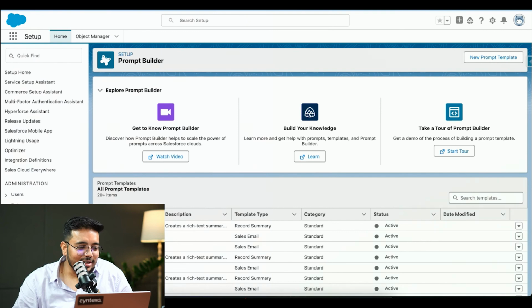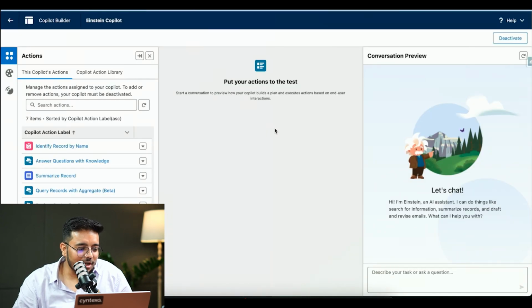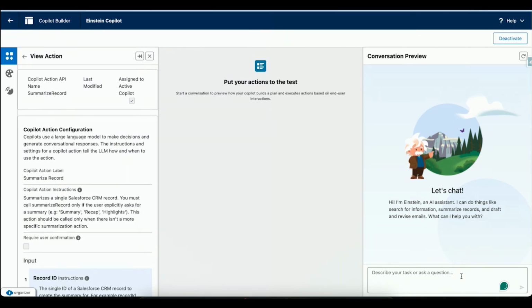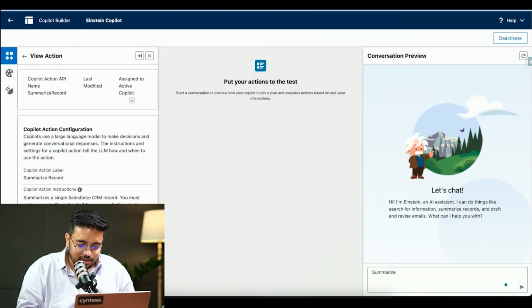So I will again go back to our demo part of it. If you can take me to the demo screen. Yeah, we are at the demo screen. I will come over here. So I am in the Copilot Builder. I will open up the Copilot action that we utilized earlier, which was summarize the record. And I will ask it a question like, summarize hotel customer